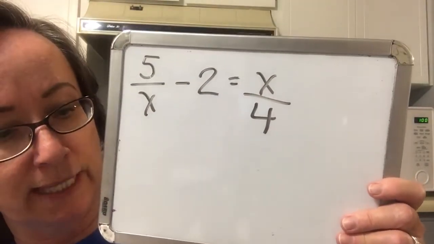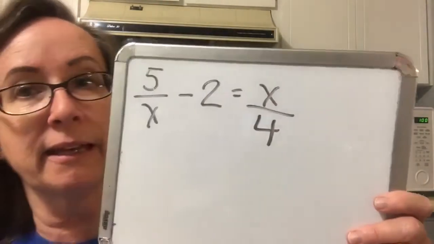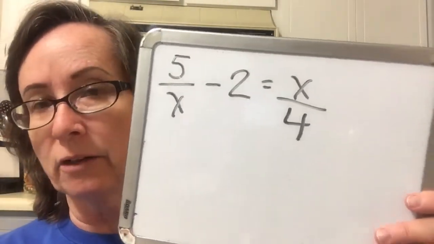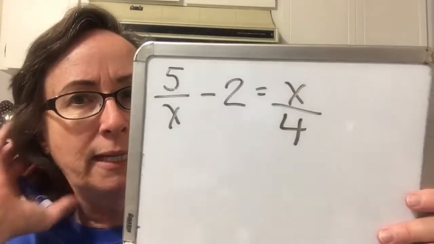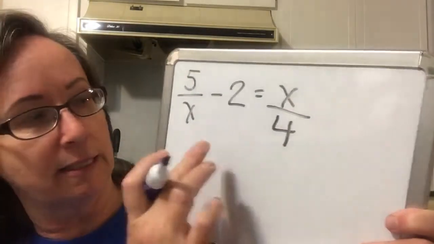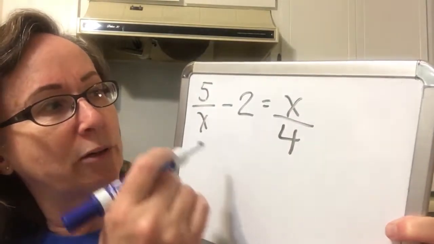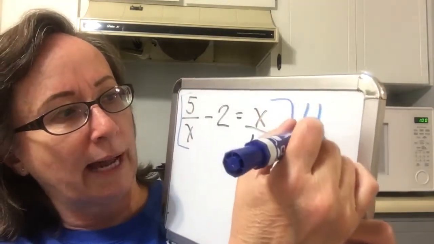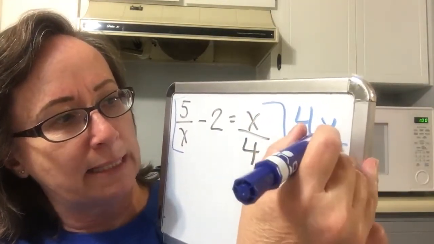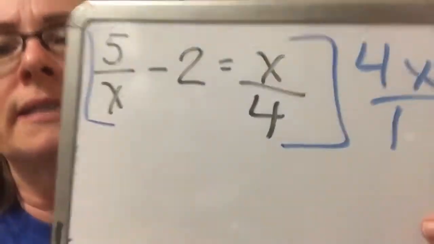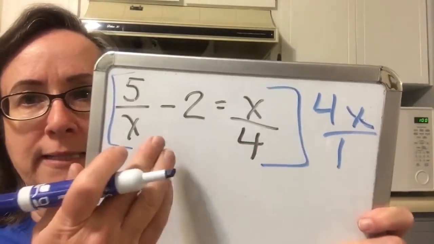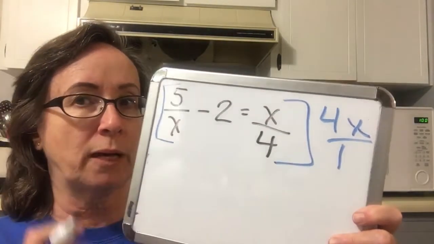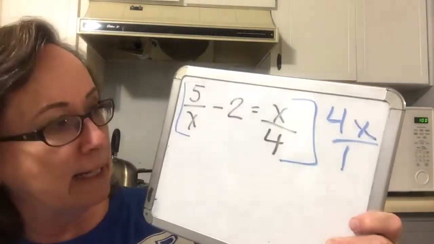So this one, of course, is an equation, and since it's an equation, we can multiply through by a least common denominator. The least common denominator on this one is going to be 4x. So we're going to multiply the entire equation by 4x. Because of space, I'm just going to write 4x once, and I'm going to multiply this by 4x, and this by 4x, and this by 4x, because every single term on each side gets multiplied by 4x, the least